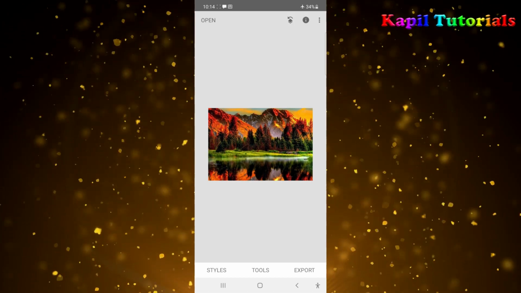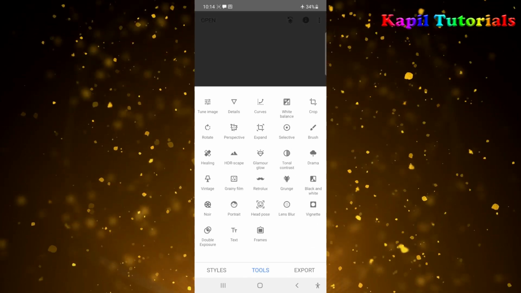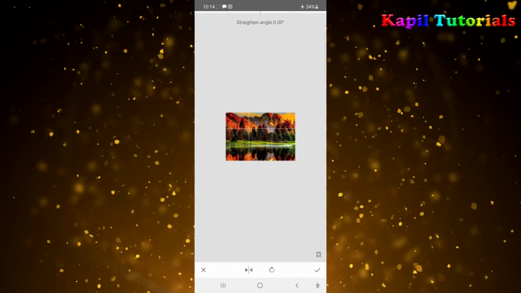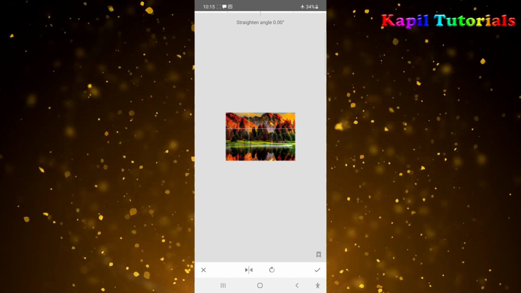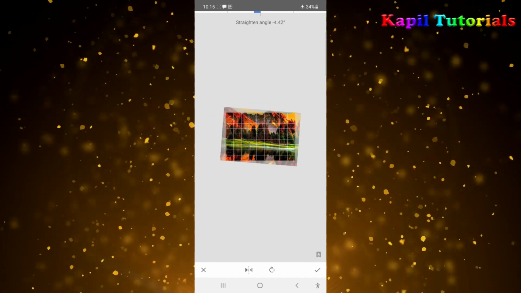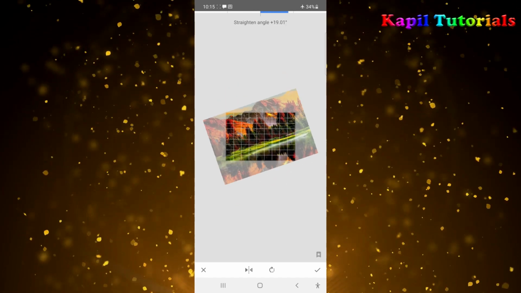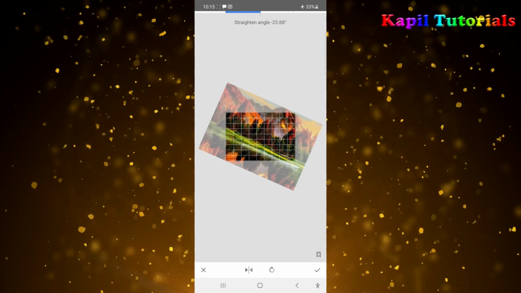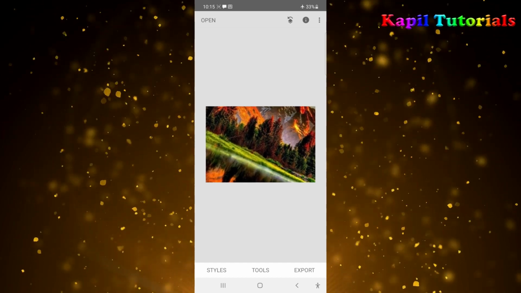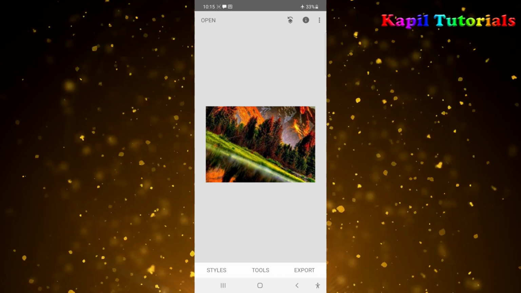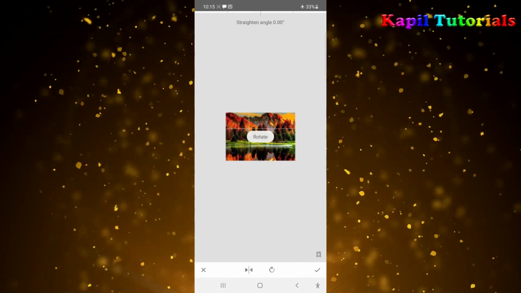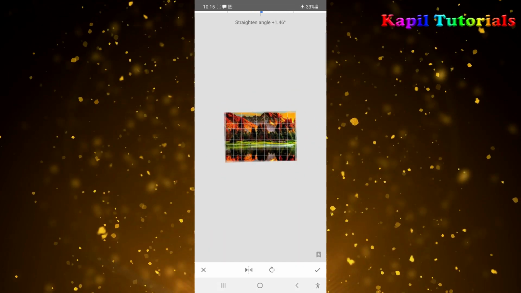Now the next tool is rotate. So for today this will be the last tool. If I'll click upon rotate, this is very important tool. This is used to rotate the image. So firstly, you could see here by moving the finger I can press right side or left side. Suppose I'm doing like this, I'm clicking on tick, you see how my image is looking like now. It is rotated. Again I'll do the undo command. Again rotate. It is giving the effect like this, okay?